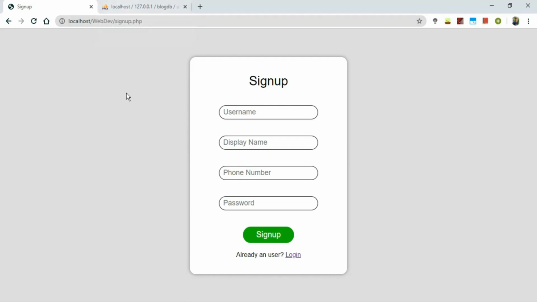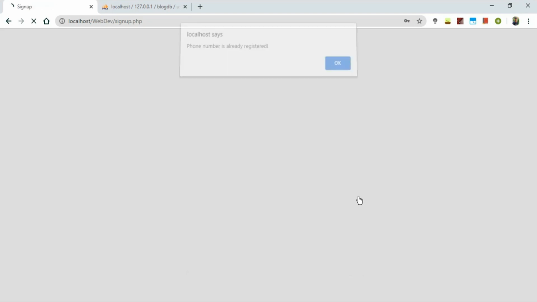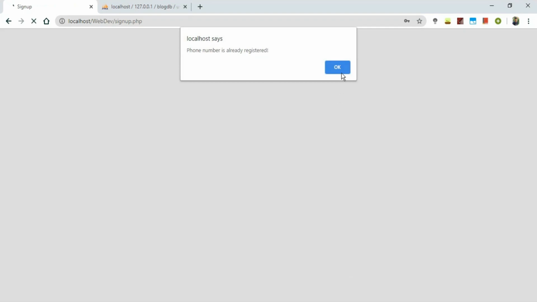As you notice, all the logging in and logging out entirely depends on the session variables. Let's now try to create a new user with an old phone number. We get an alert saying that the number is already registered.